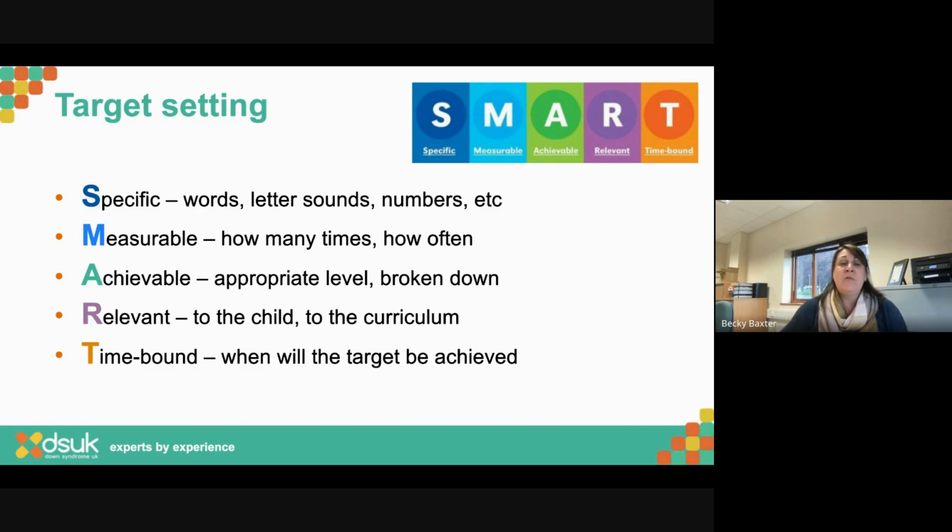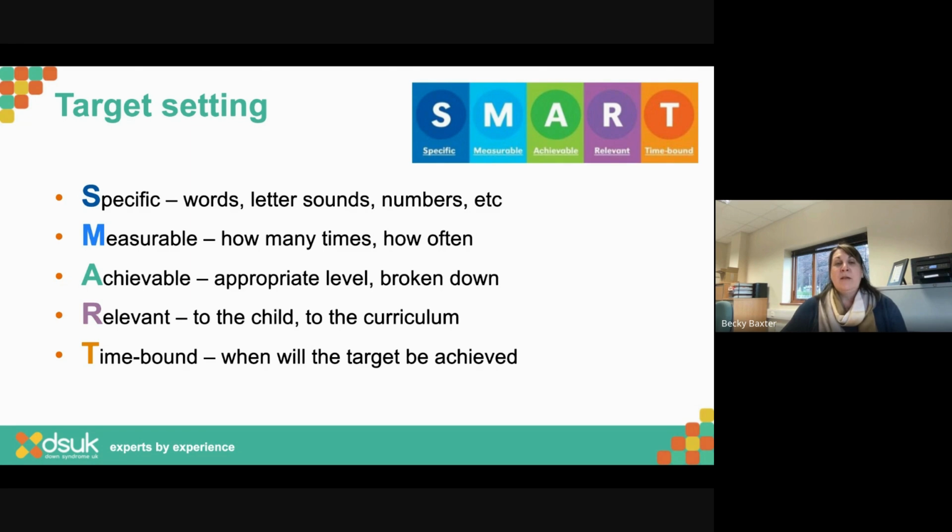Is it achievable, in terms of is it at the appropriate level? Are we trying to teach the child something that they can achieve independently? So really, when I'm looking at these targets, my end assessment will be saying, can they do it on their own? Unless it says in my target, with this type of support. But really, if you've got that support in there, and you've achieved your target, I'd then be saying, oh, hang on a minute, should we hang on to that target until it's achieved independently? Because that's really what I'm aiming for.